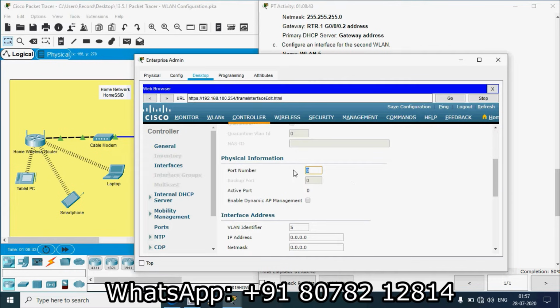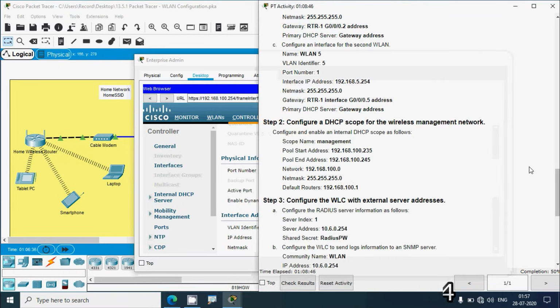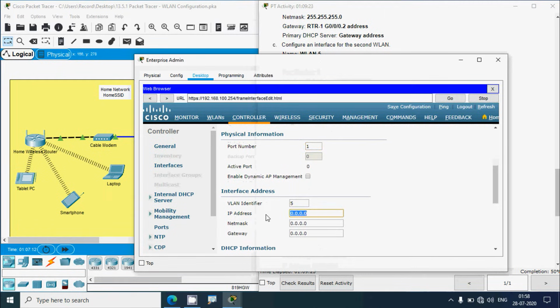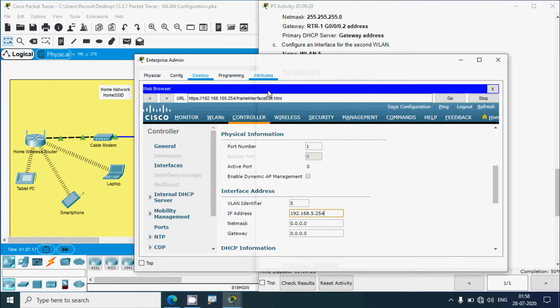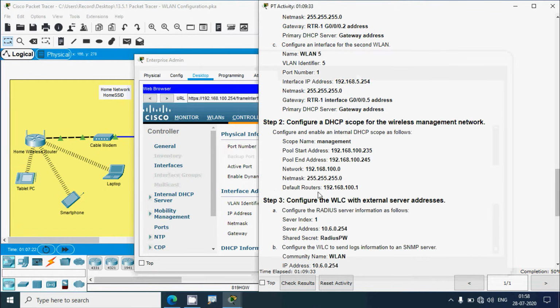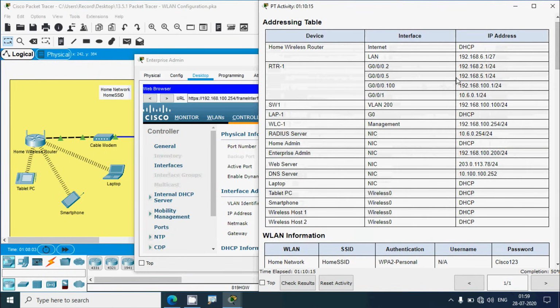Here we can see port number, it's 1. We can set its IP address. Then net mask. Then gateway. We have to get the interface G0/0/0.5 address from this device RTR-1. Sure, we can see that address. I will copy it